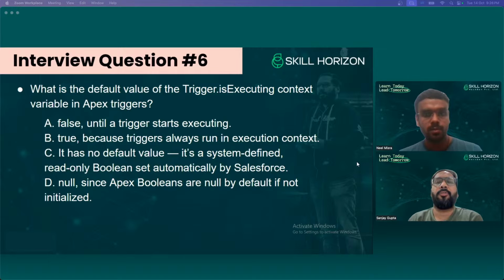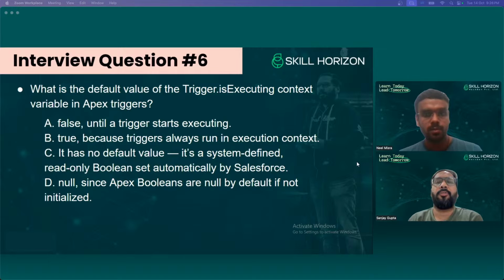So if your method is being called through trigger, it will be true, otherwise false. So we can say by default it is not having any value, it is system defined. But when we are initiating it, at that time by default it will be true, if your method is being called through the trigger context.